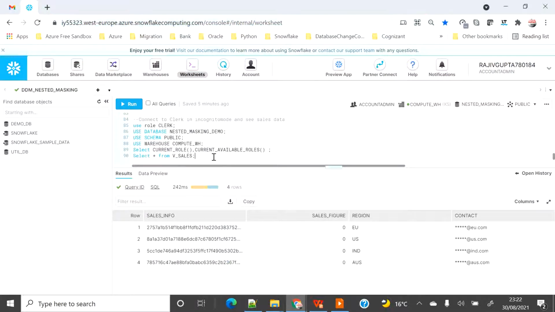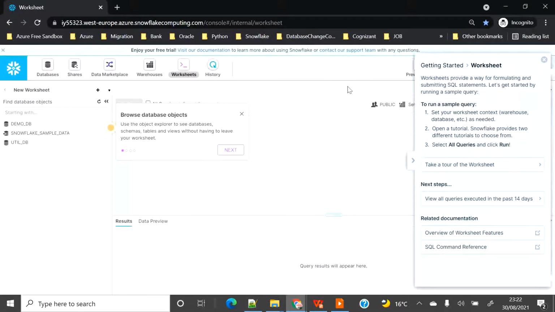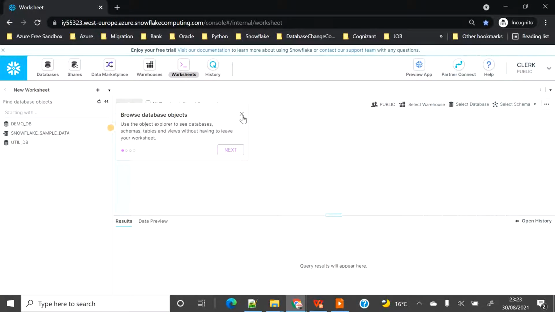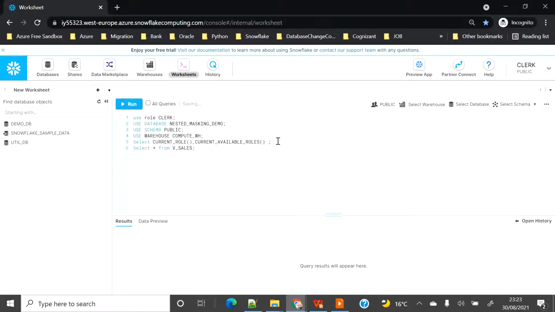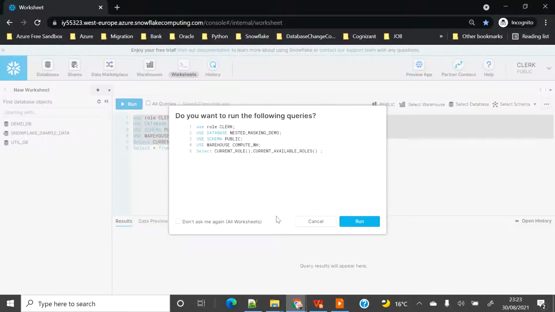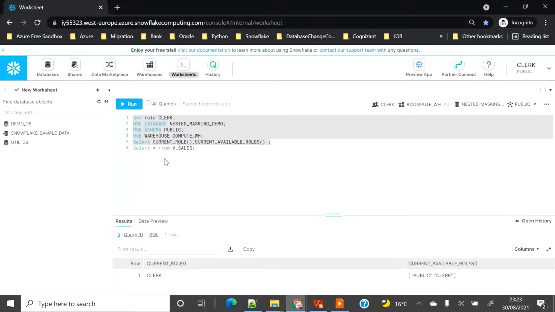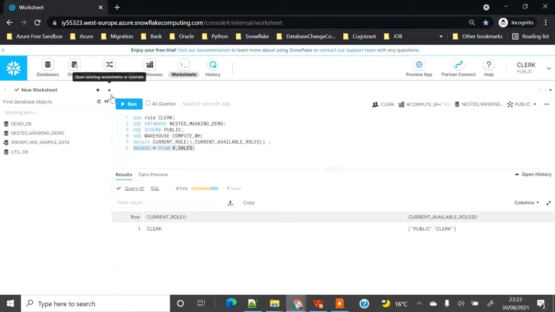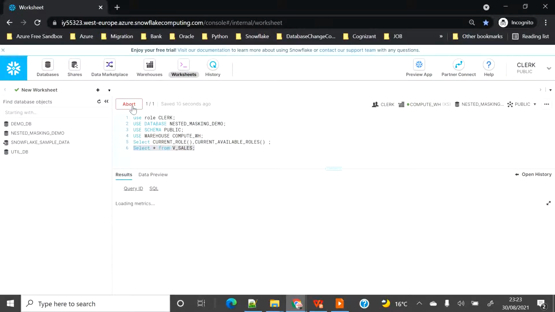Till the time I'm connecting, let me copy this. Now I'm connected. I'm going to minimize this, close this, and close this. I'm going to set up all the default stuff. I'm connected as a clerk and I only have public and clerk.